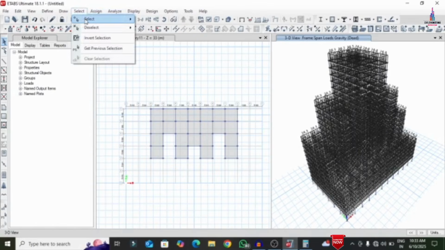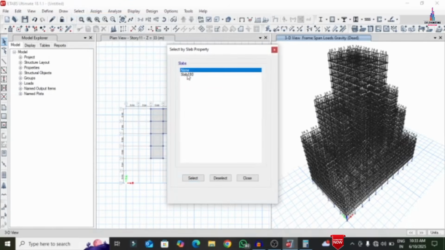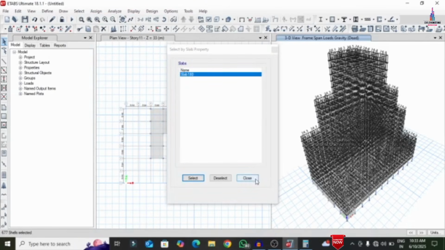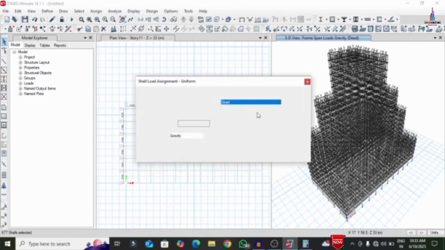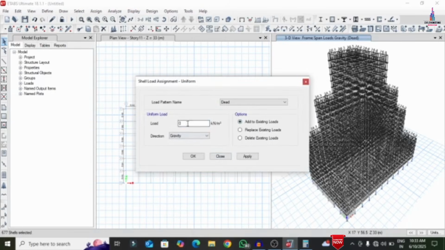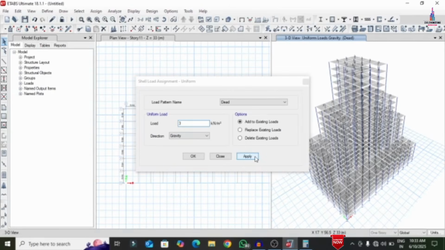For that we have to select the slabs. Go to select option here, properties, which is related to the slab section. This time selecting slab 180, click on close option, assign option here, shell area load uniform, add to existing loading condition. I am assuming here intensity 3 kilonewton per meter square. Click on apply option so that it will apply the load of 3 kilonewton per meter square